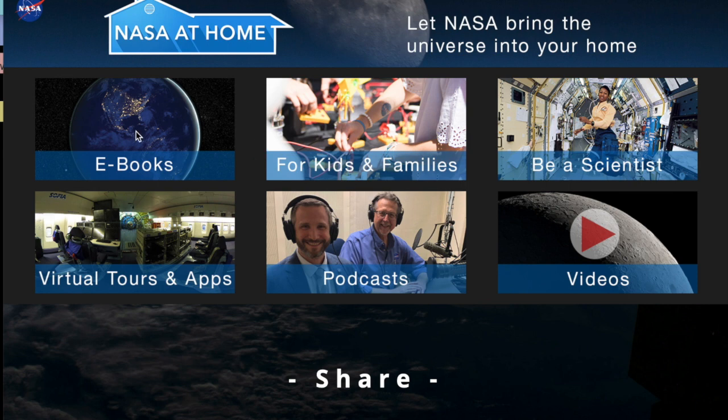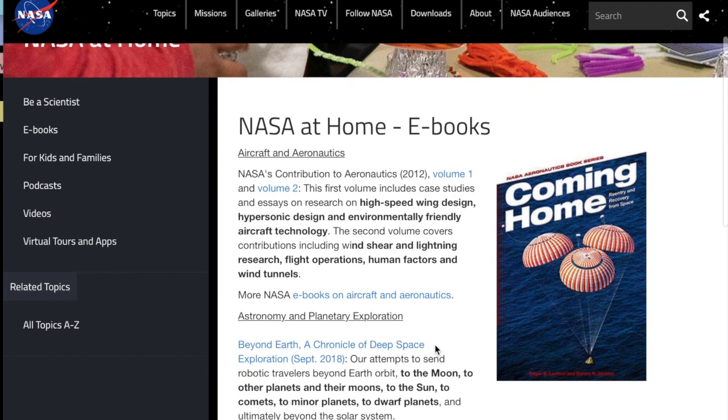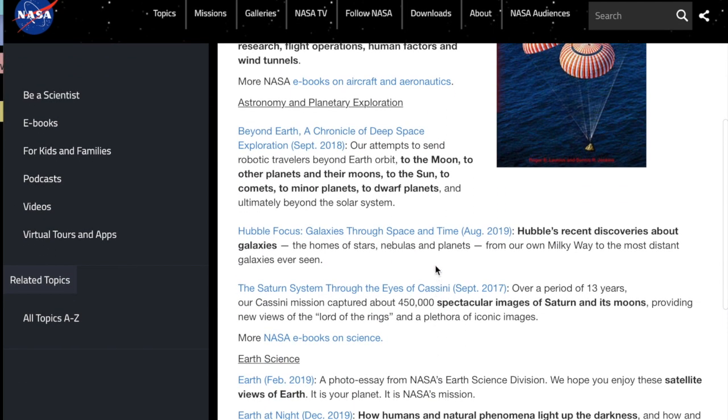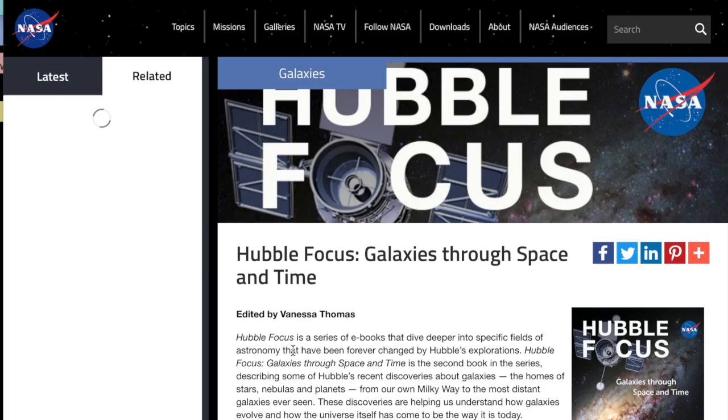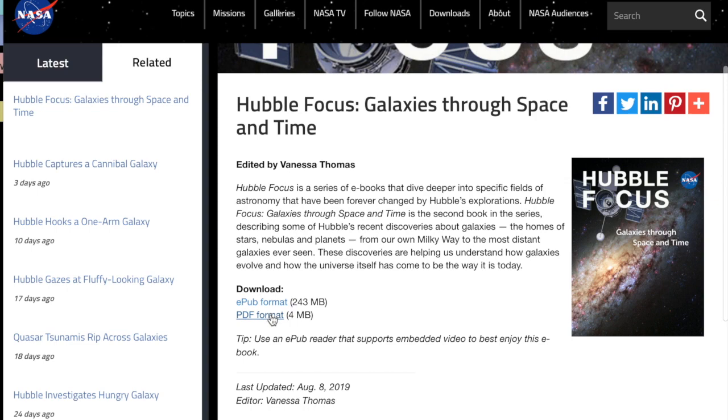Okay, they've got a section which is full of ebooks. That is information for you, for your kids. Okay, there are just some amazing pictures and information in here. You can download it as a PDF or EPUB reader. If you have an EPUB reader, you can download it in that format. Okay, and as you can see